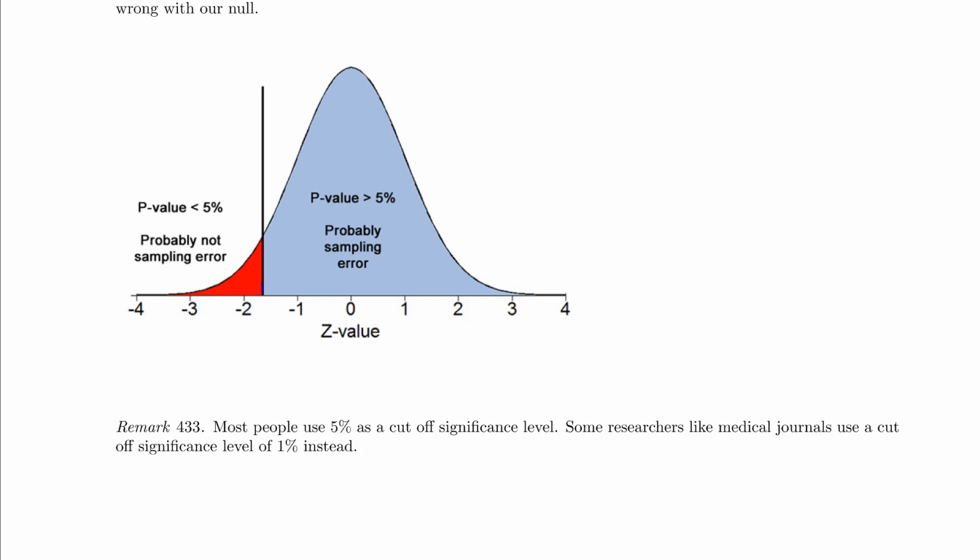Most people use 5% as a cutoff level. Some researchers, like medical journals, use a cutoff level of 1% instead. In class, we will practice using both, but really most people, most of the time, use